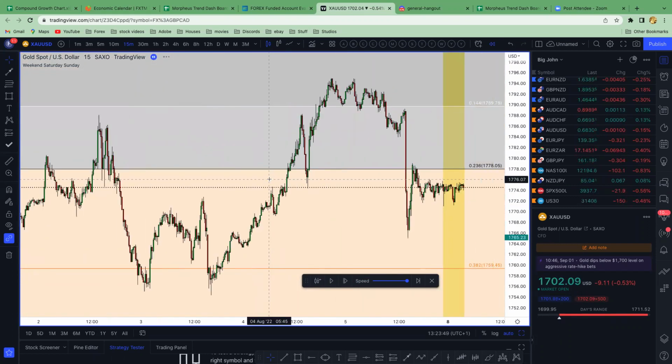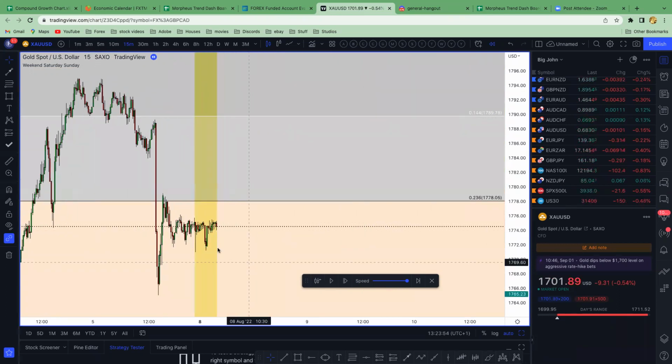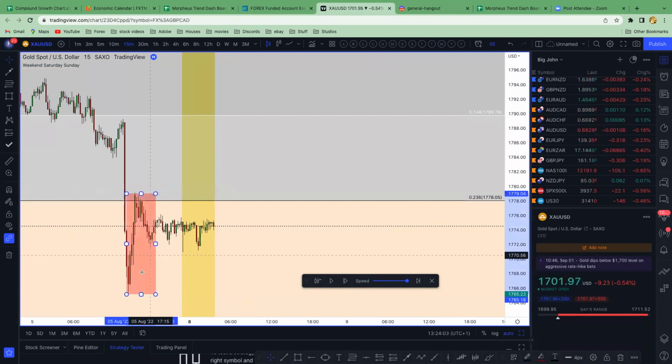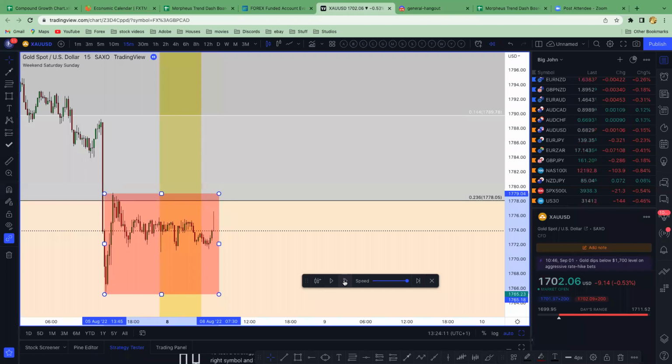Cool. So I've put on the replay mode there. I've even gone to a random date. We can see it's at the start of the week. So what I can see here is here's a swing high and here's a swing low, from here to here. We can see it previously. We can already see the swing high, swing low. Let's wait for the next ones to come up. Let's just try and take this as it goes, see what happens.